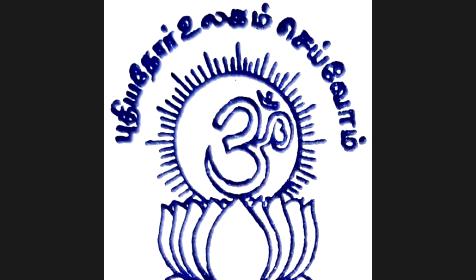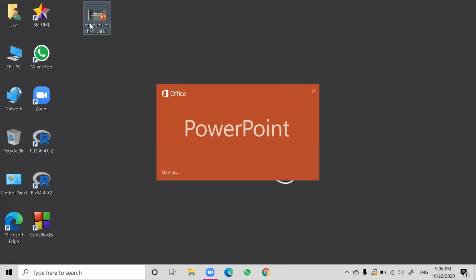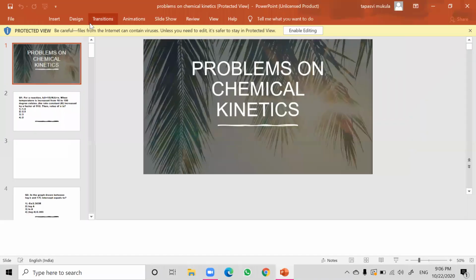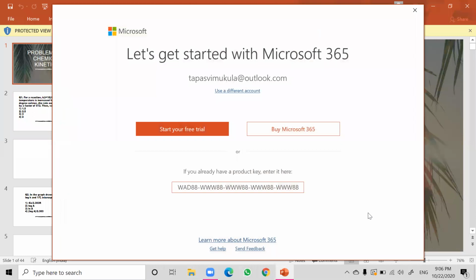Today we are going to discuss all the numericals, different types of numericals in chemical kinetics, and also we'll discuss the summary of the chapter. Since this chapter is very important for each and every competitive exam, we are going to get definitely one question. So that's why I want to discuss all the important models in this chapter.